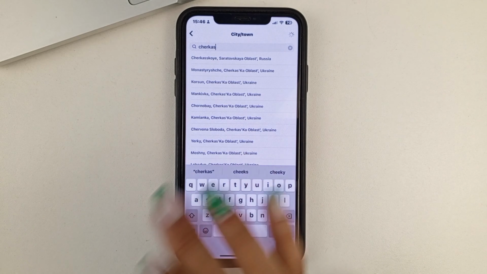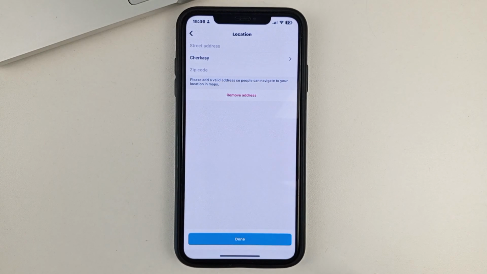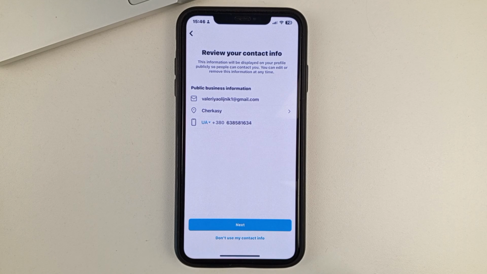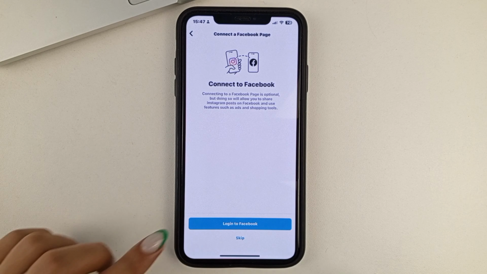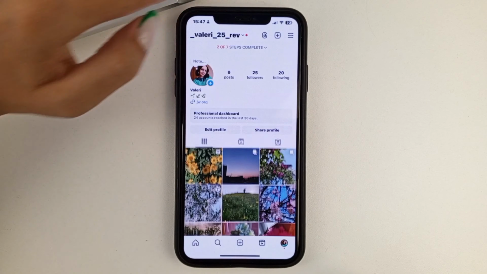Click on your city if you see it in the list. And then click on Done. And then click Next. Now you can finish.